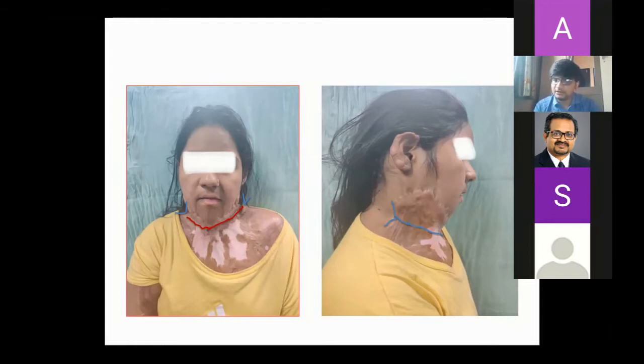Sir, we can get an idea of the severity of the contracture. So we have to judge the extent of release of the contracture during the surgery, and according to the more severe contracture, there will be more defect, and according to the defect size, the resurfacing option will be judged.